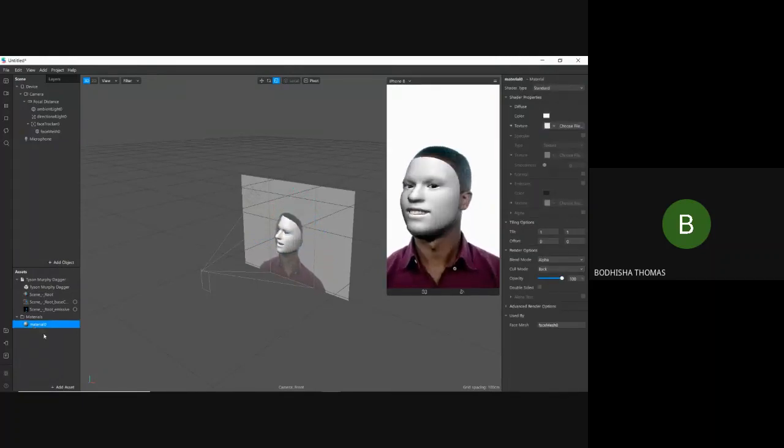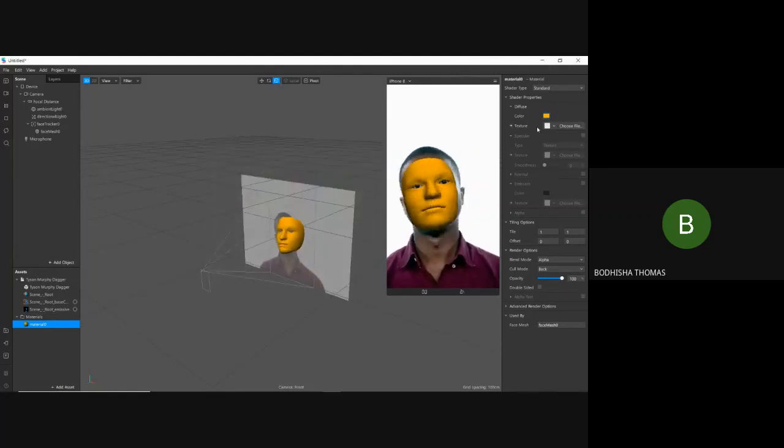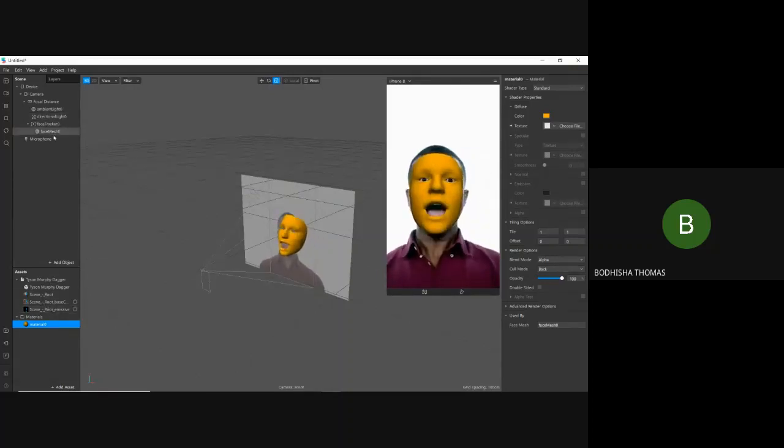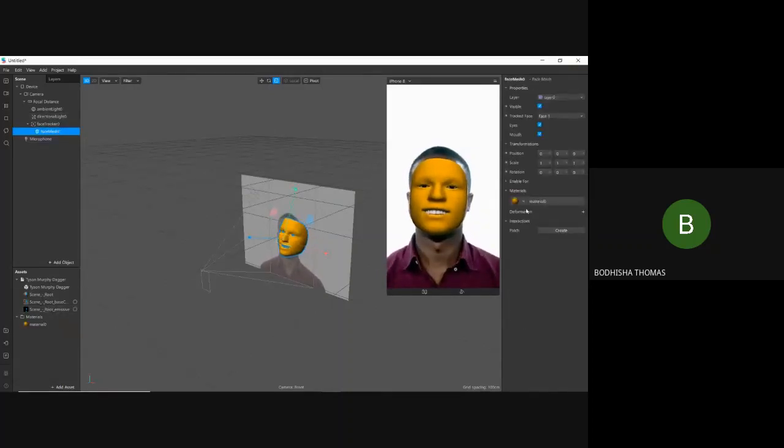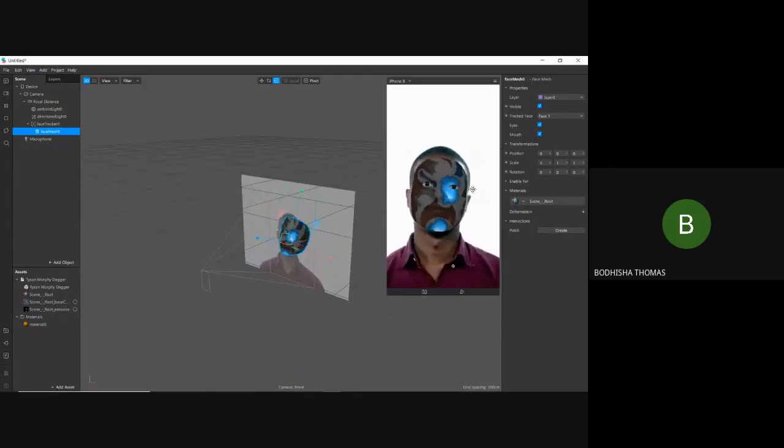In the inspector of this material, we can change the color of our object, and we can add textures or anything we can do. Or if you want to add the custom asset we just downloaded, you can click on this. Now we have a face mask. So this is from the asset we downloaded.